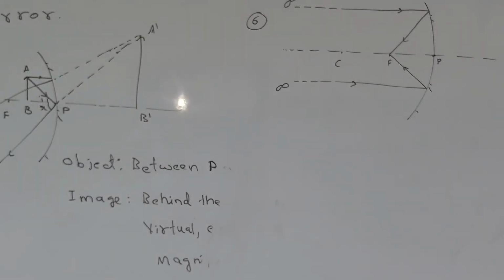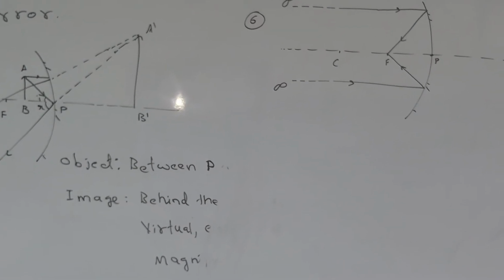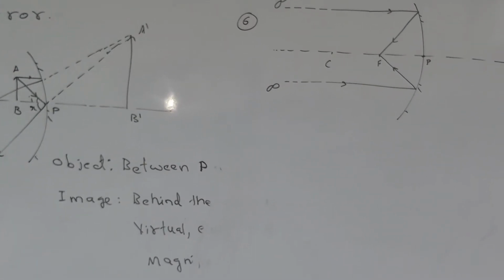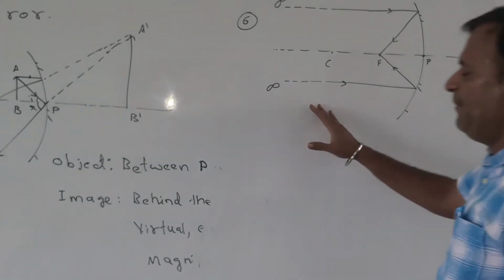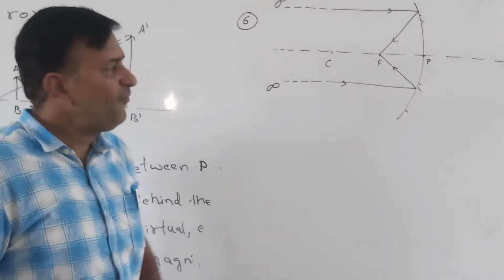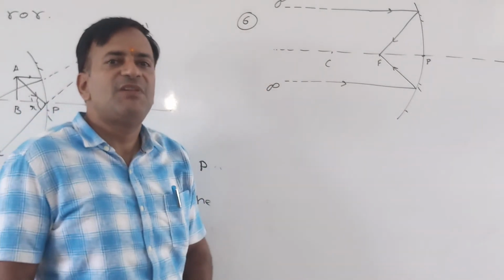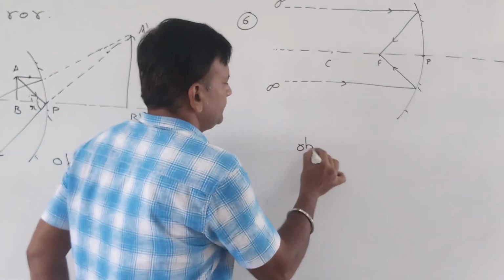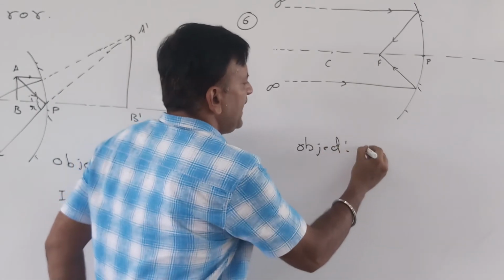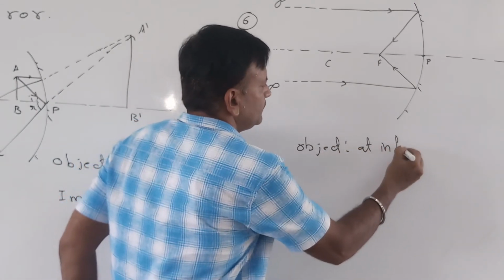Diagram number 6. Okay, you can see in diagram number 6, the object is not shown in the diagram. Why is it not being shown in the diagram? Because the location of object is at infinity. So where is the object? Object is at